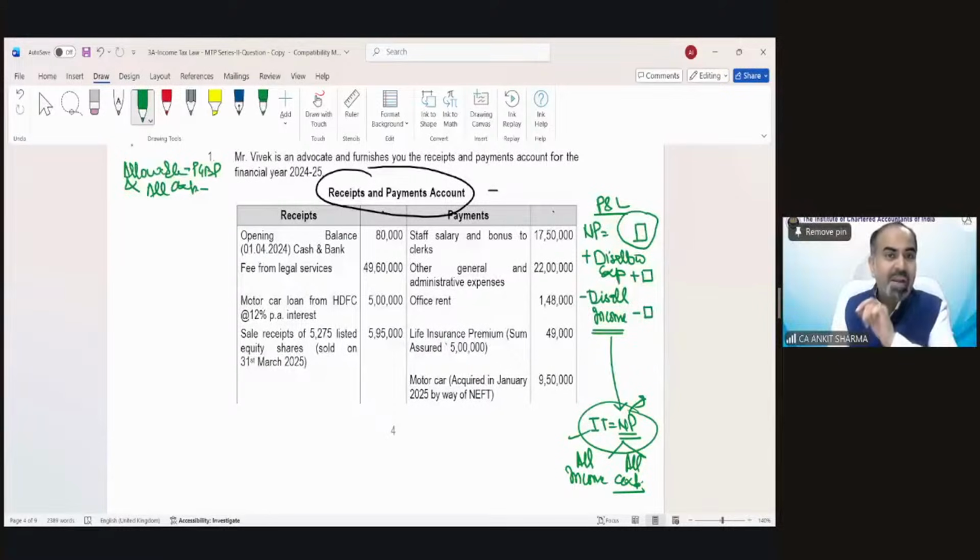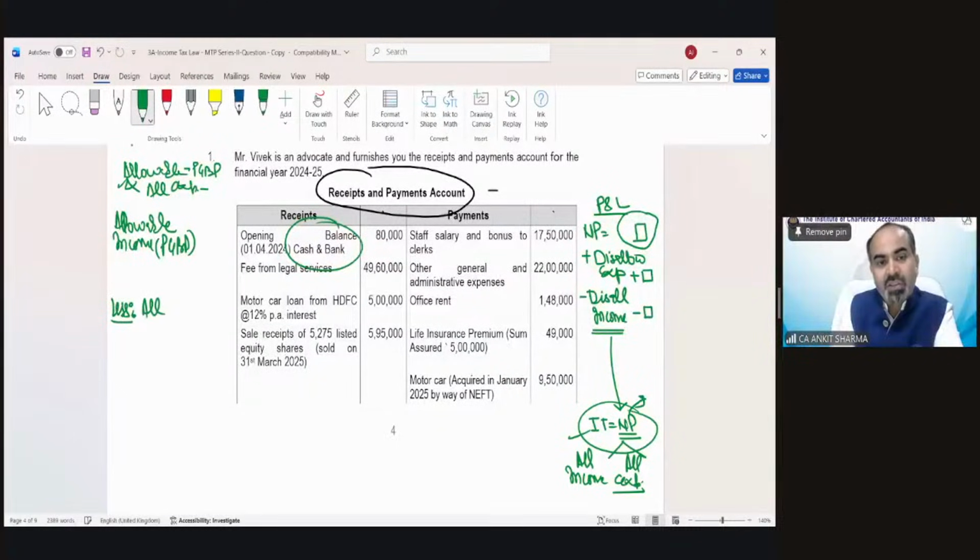So if receipt and payment has been given, then under receipt and payment there would be opening cash balance, closing cash balance, etc. So there is no net profit, etc. So we need to follow this format. We will only consider allowable income as per PGBP, and we will only consider allowable expenditure. So technically, if you are only considering allowable income and allowable expenditure, what you will get at the end is a net profit which has only allowable income as per income tax and the allowable expenditure effect.